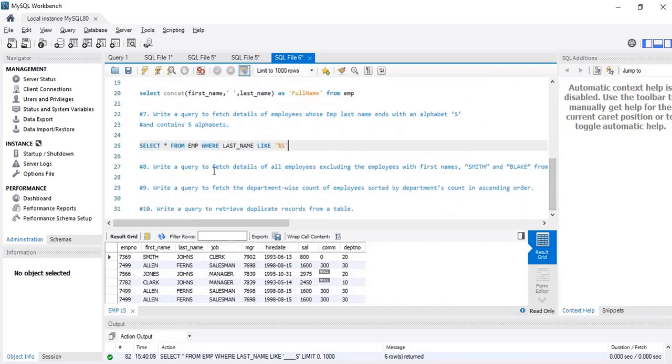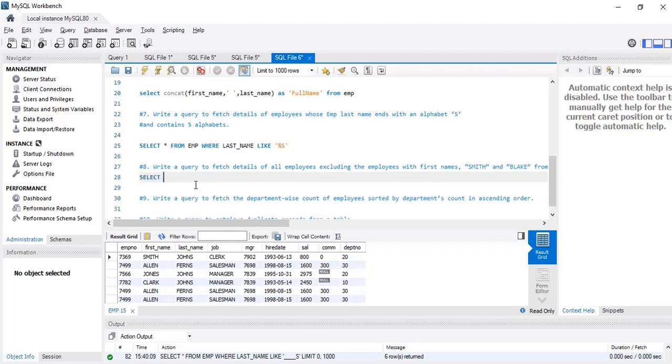Now let's see the next query, which is write a query to fetch details of all employees excluding the employees with first name Smith and Blake. Now we have to exclude. So select star from EMP, where first name not in Smith and Blake.